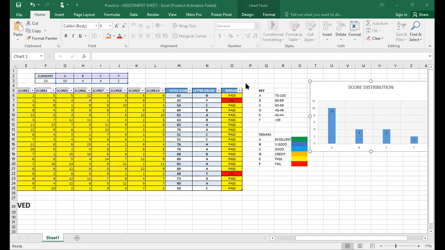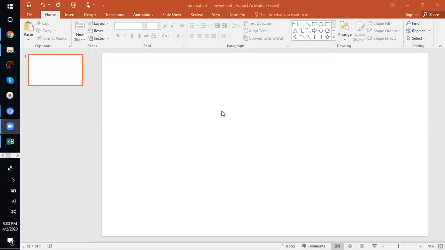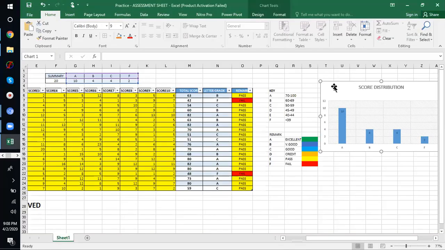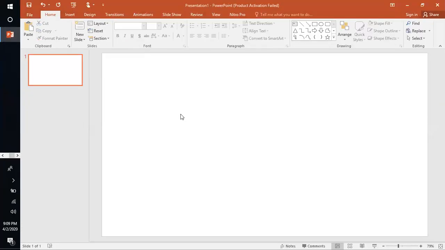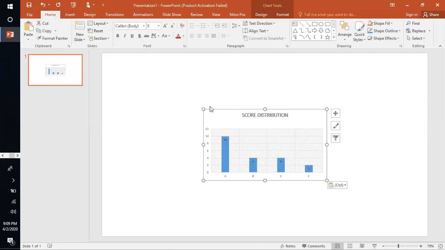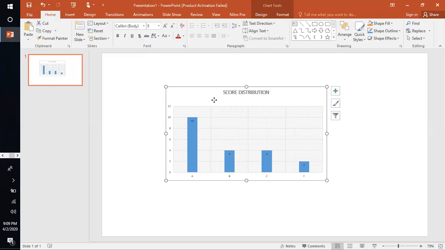So now I have a new screen, which is a PowerPoint. I can paste that information. So Control V. Okay, let me go paste. Let me go copy again. So here I have Control C. Then I go back, Control V. So you see, so you can use this to do a lot of things,